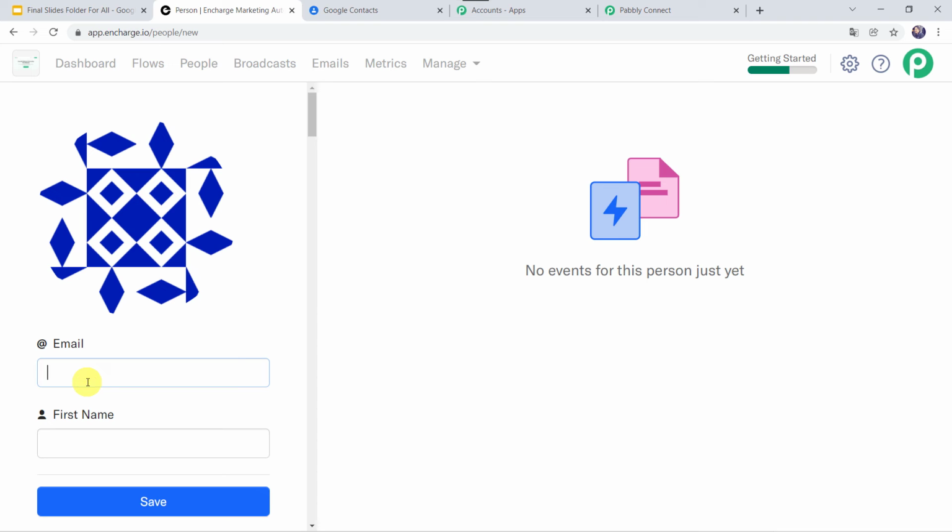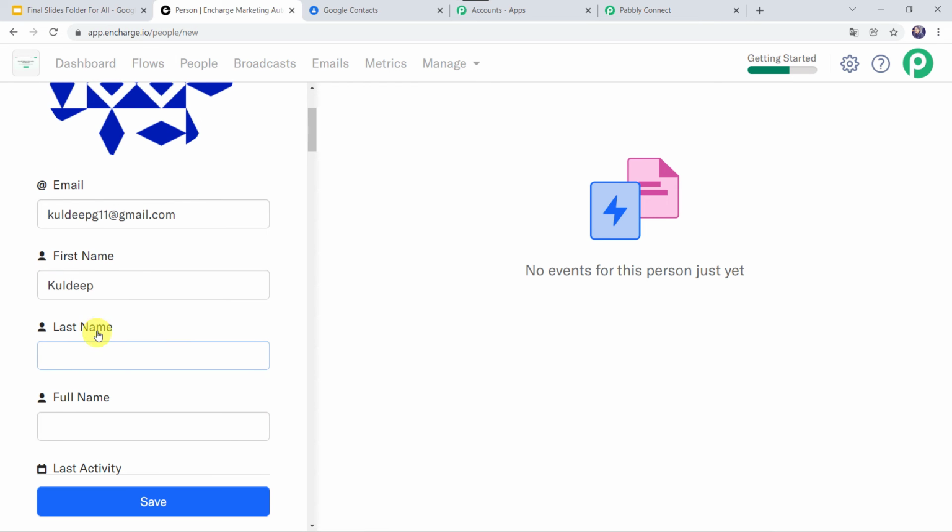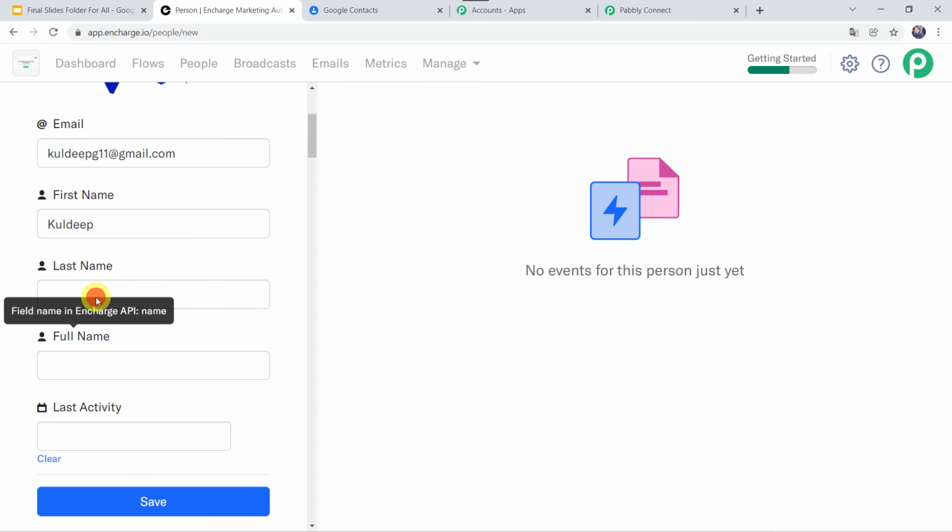And this time, let us give the email address as kuldeepg11@gmail.com. Let's give the first name as Kuldeep. Okay, I'll scroll down. Last name as Gupta, full name as Kuldeep Gupta.